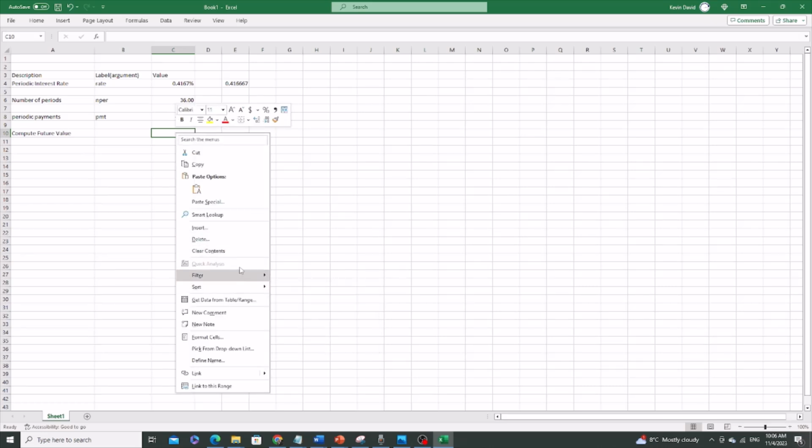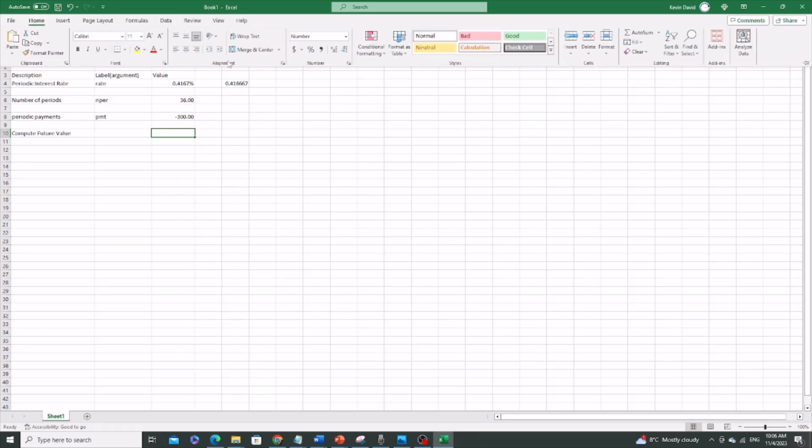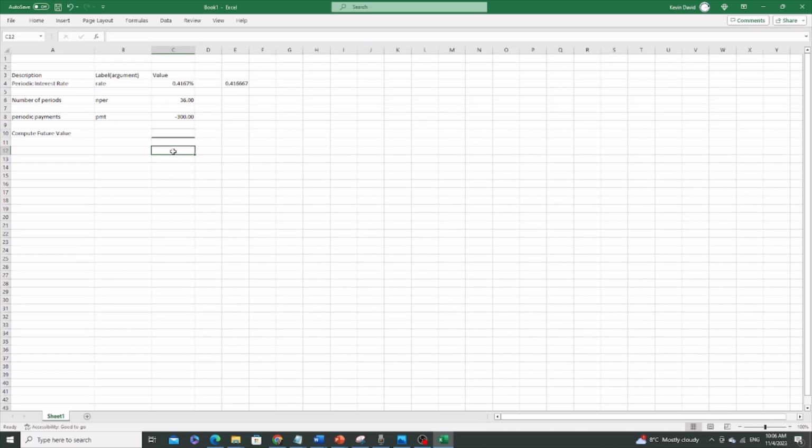So let's do one more thing. Let's format the cell so that it will show the top and bottom borders, and this way it looks nice in the formatting. So let's go and put in the function, insert formula